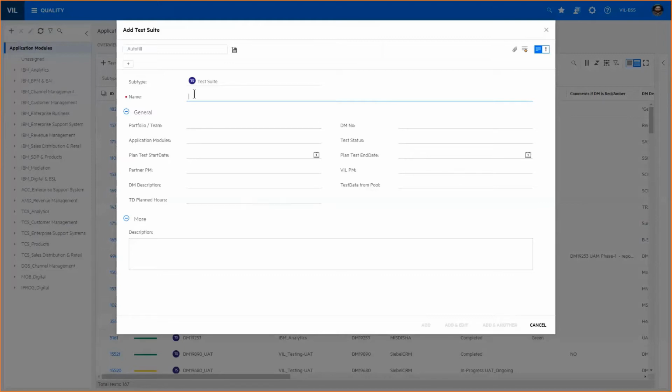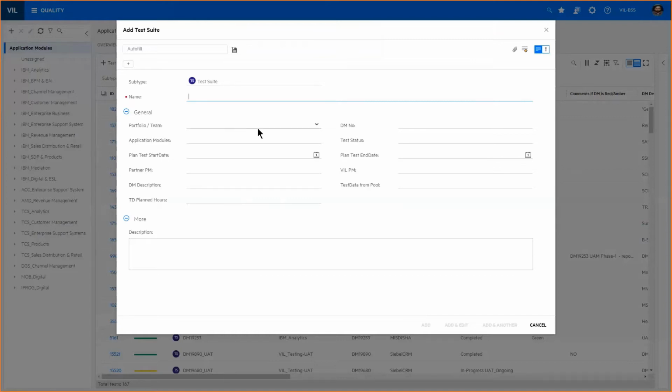the name. The name of this test suite should be unique because, as we are aware, all the VI partners and UAT testers are testing within the same area. So we need to have a unique identifier in the name where you can identify that this is a test case done by a particular partner or a particular UAT team. So maybe you can write demand number underscore application underscore SIT or UAT, or something which is identifiable for a person who's reviewing this test suite and for you as a tester when you are creating this test suite.